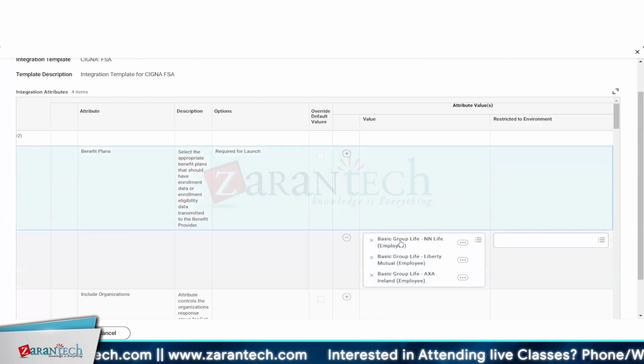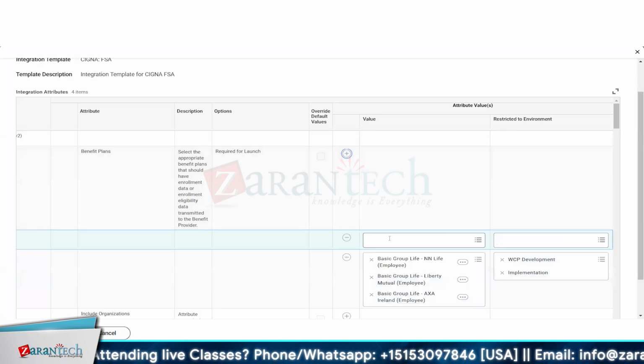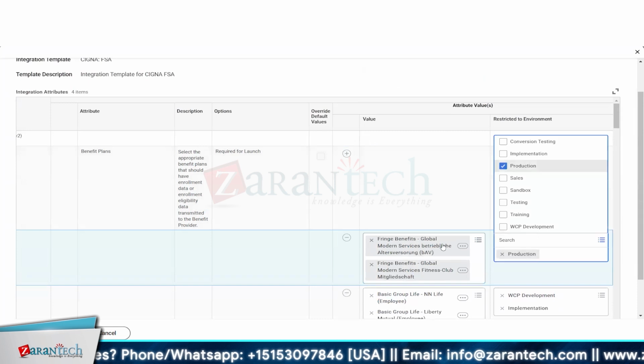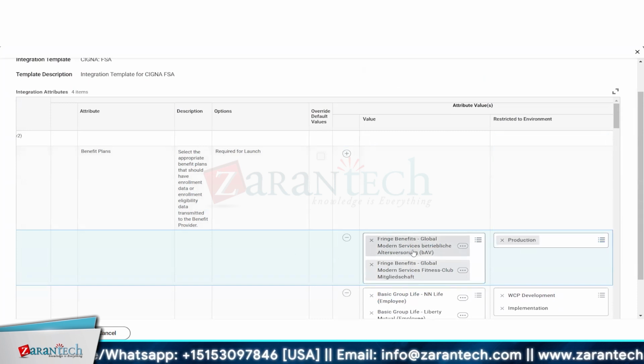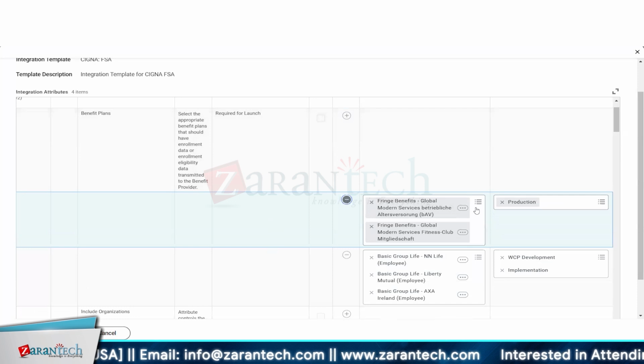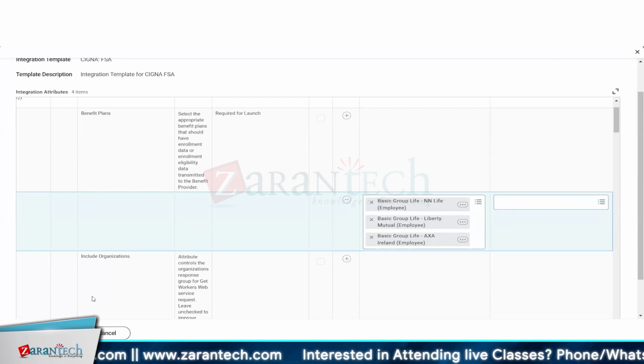What this means is that you can configure different values when your integration runs in different environments. For example, let's say I have configured these values and I want to test these only in the dev environment. So I can select dev. I may want different values that the integration needs to pick up when it runs in production. Then I can select production and assign those values. That's the functionality of restricted to environment. Otherwise, if you want to test with the same plans in all the environments, you can simply remove the restrictions